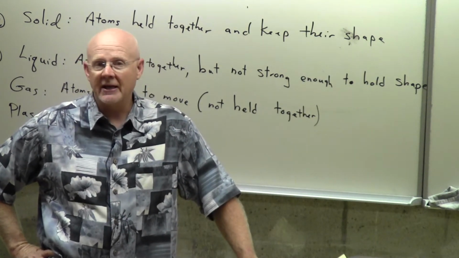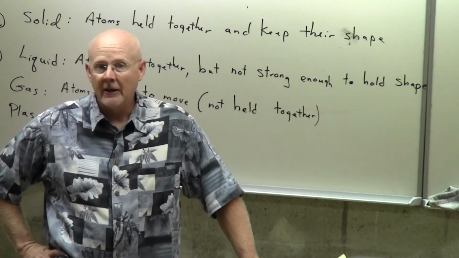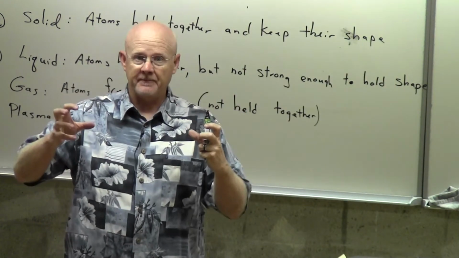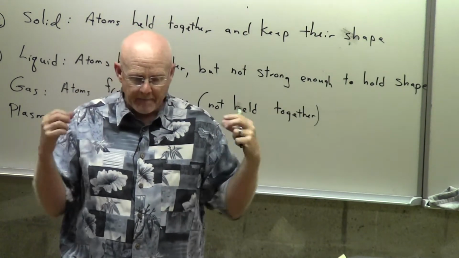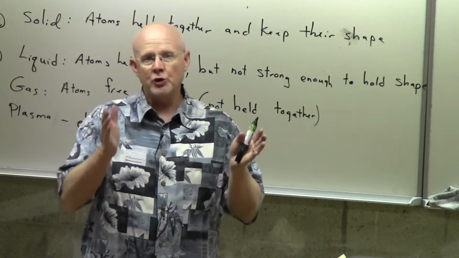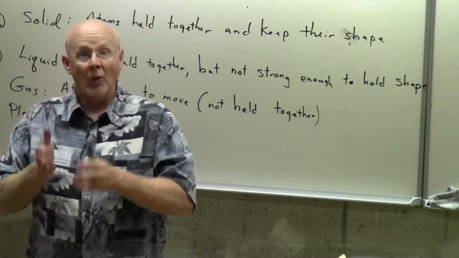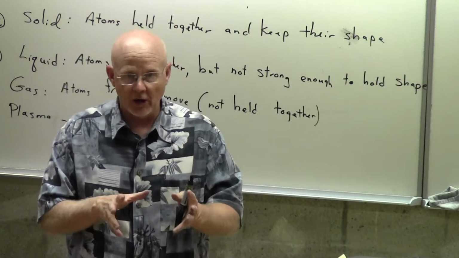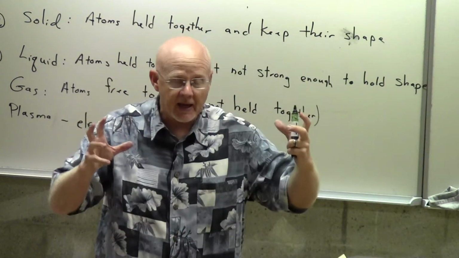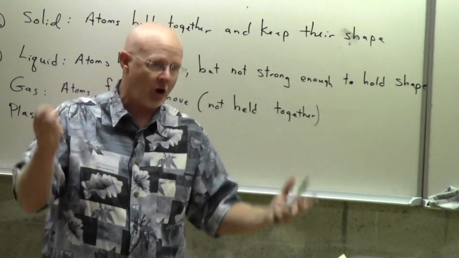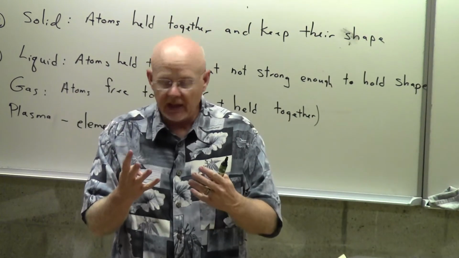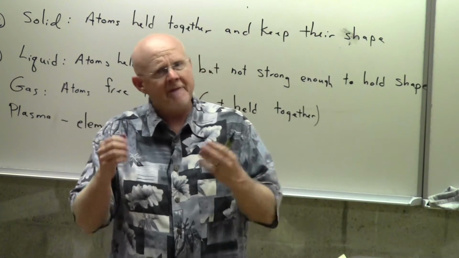Long before it gets hot enough to turn into a liquid, the molecules themselves break apart. And that's the problem with big molecules. Big molecules, you try to warm them up, they break apart. And so you're never going to get liquid chicken. What happens is you don't have chicken anymore. Chicken is made out of these very big macromolecules that have things like carbon and nitrogen and oxygen and hydrogen in them. And what ends up happening is those break apart before you ever get a liquid.